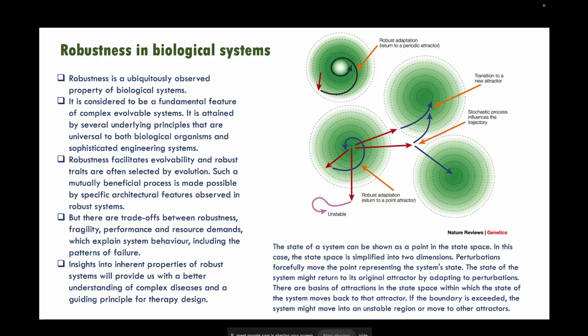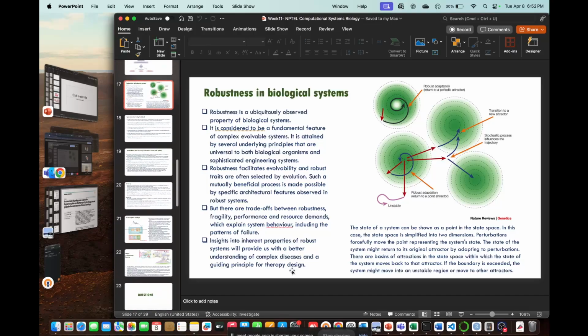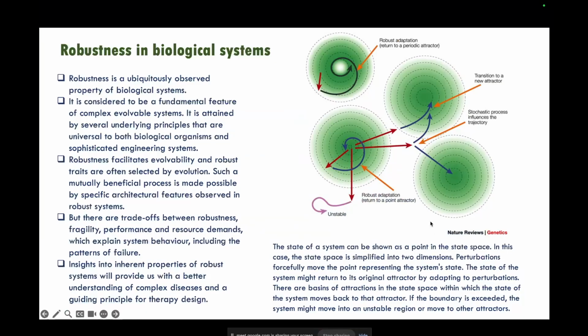Now we come to a concept called robustness. So we have already talked about robustness and resilience in terms of biological systems, but in terms of Boolean networks and all, what does robustness actually mean? It is a ubiquitously observed property of biological systems, and what it is basically is